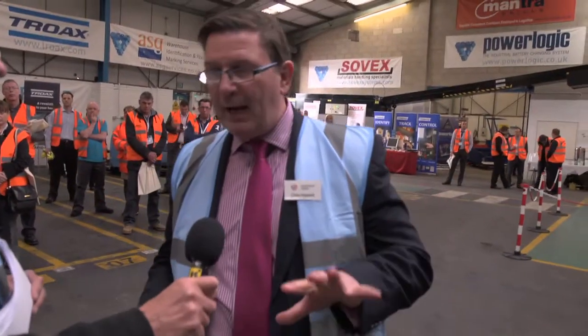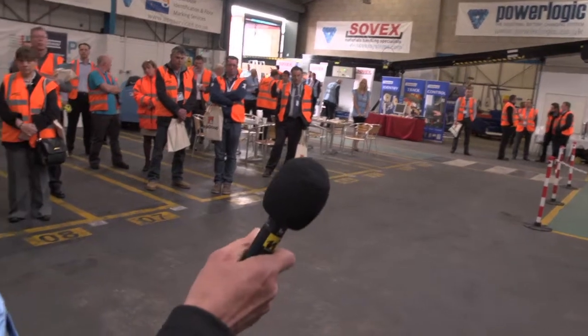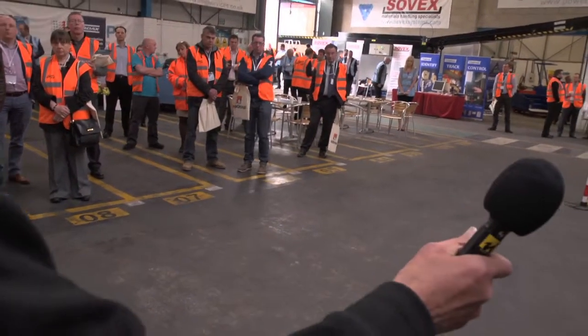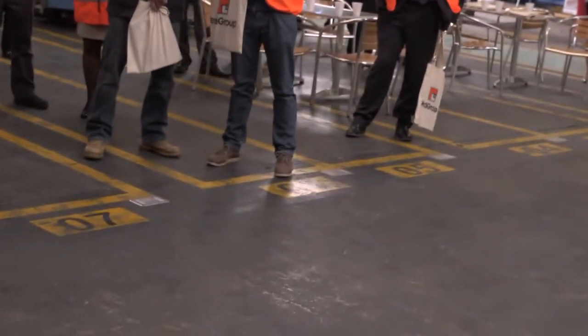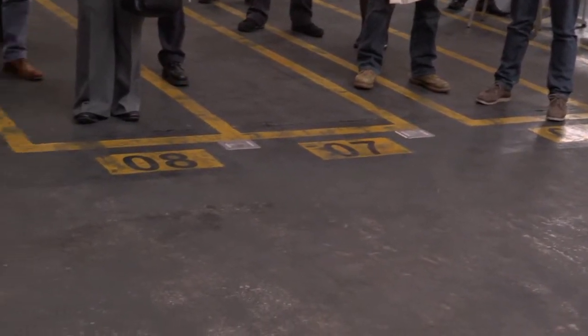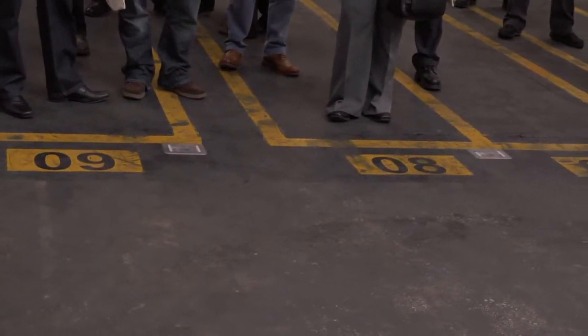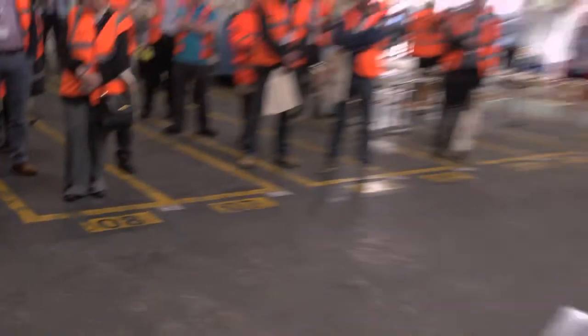So we have two areas here. We've got the walkways, and then we've got the marshalling lanes over here. Now, these are the yellow striped, what did you call them? Marshalling lanes. Marshalling lanes. Yeah, that's where we deposit the pallets ready to go out into the warehouse, into the articulated trucks. Now the key thing here is really how you identify marshalling lanes, and we do a number of